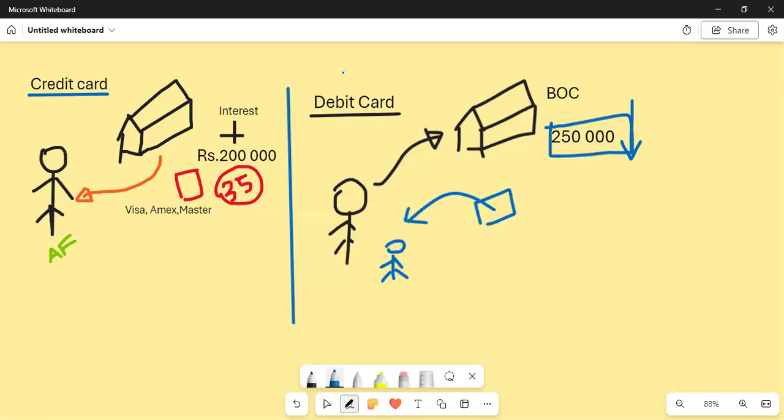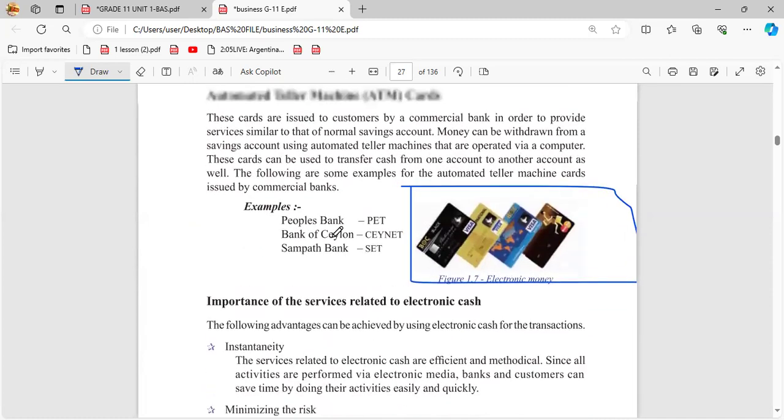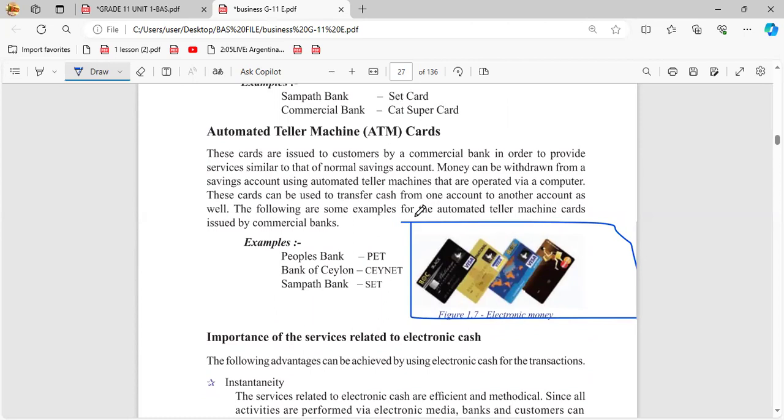These are the credit cards. Debit cards mean this. There is something called ATM cards, but now actually the ATM card is not there. That means for the savings account, you are getting money. The main purpose of that is withdrawal of money. Am I clear? But today this ATM card is not there, because the credit card and debit card are there. Therefore, you don't have to have a separate card to withdraw money only. Am I clear? You can put this into your ATM and you can get the money.